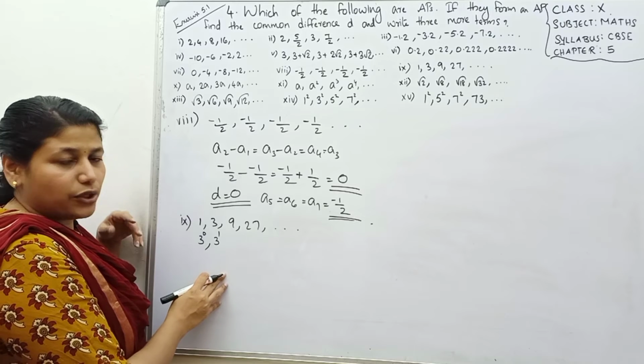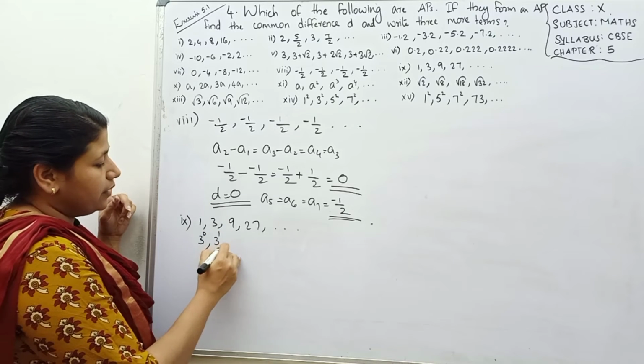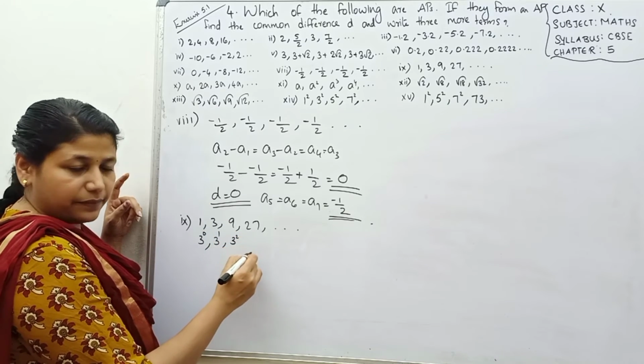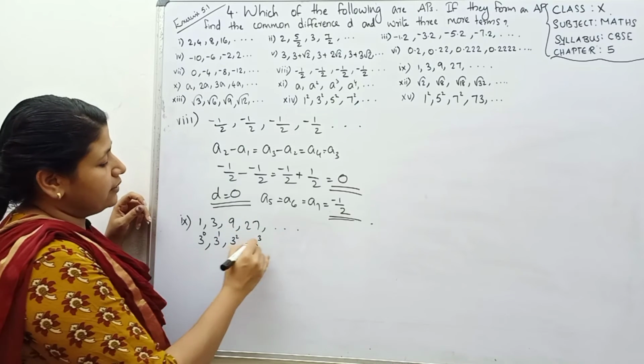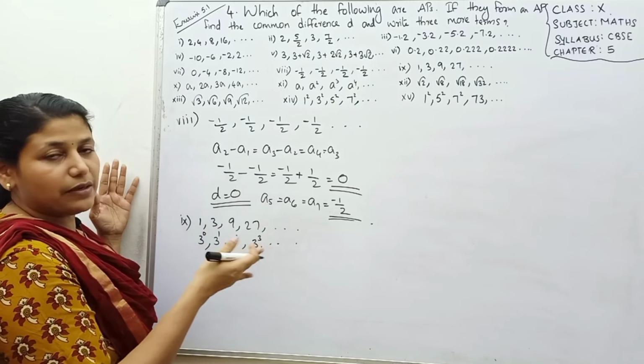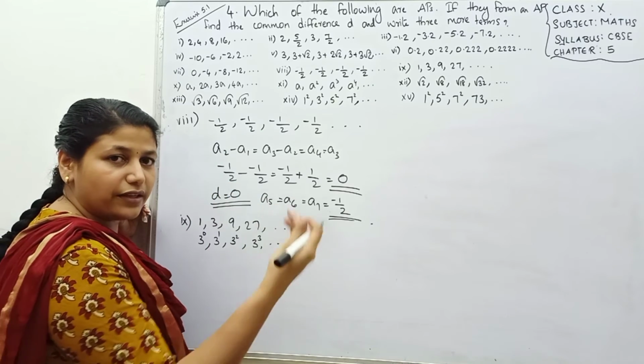3 raised to 1 means you have to multiply 3 one time. This is 3 square. 3 into 3, 9. This is 27 means 3 raised to 3. 3 into 3 into 3 is 27. And going on like this. So the next term will be surely 3 raised to 4, 3 raised to 5, 3 raised to 6, like